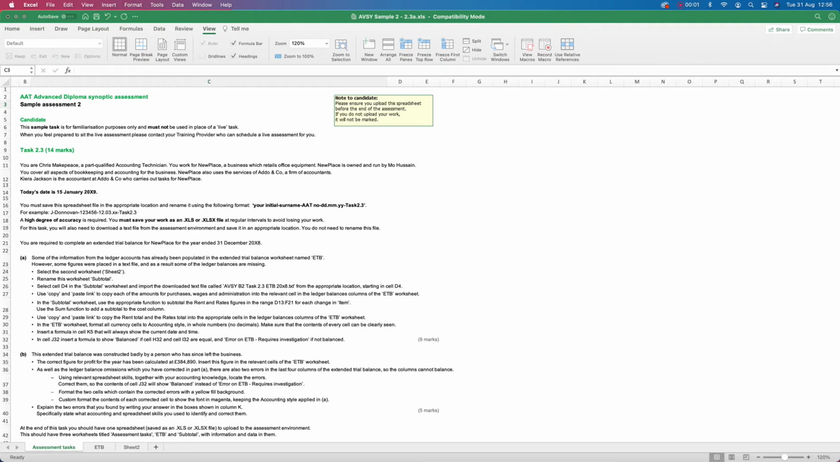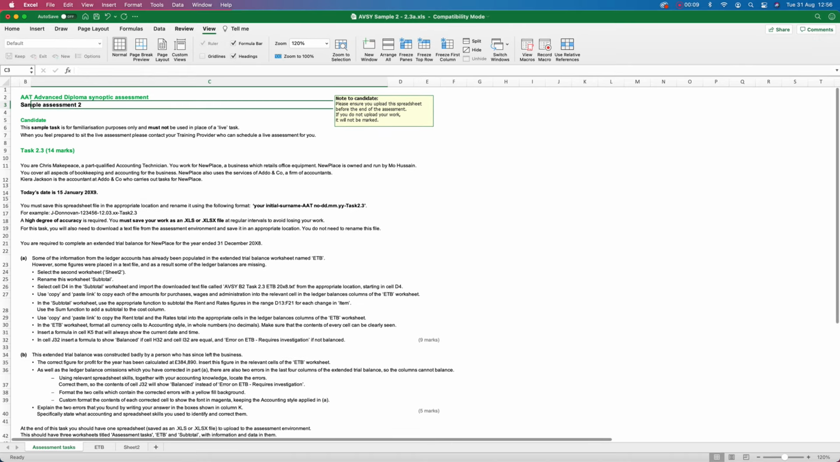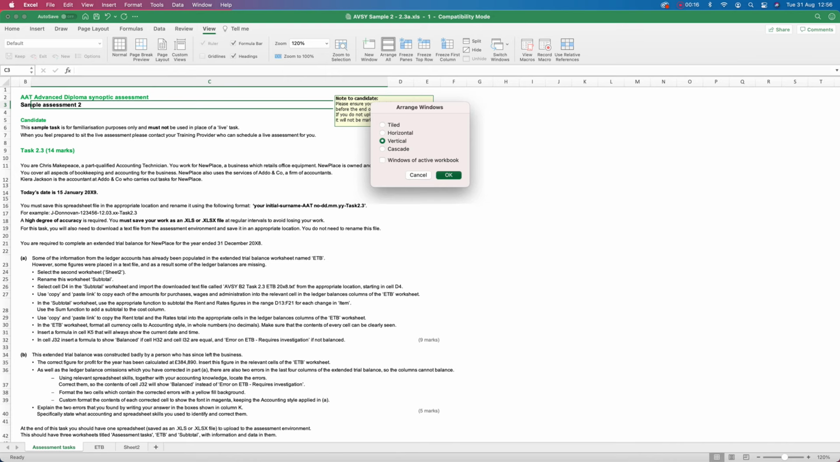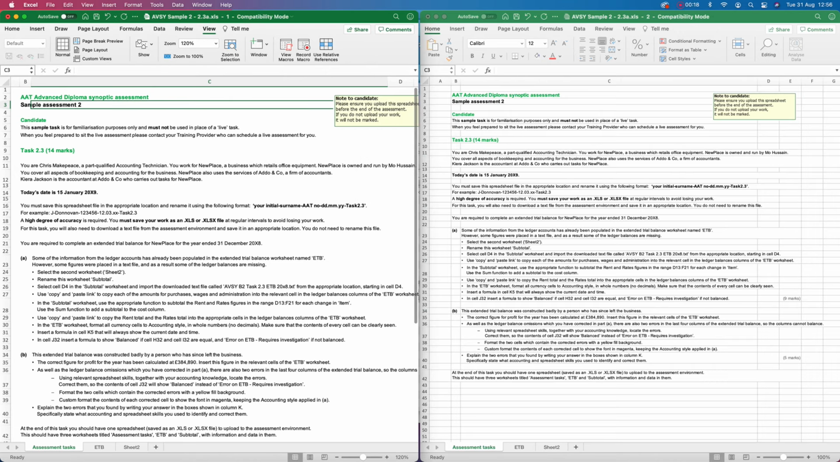This is a recording for AAT Advanced Diploma Synoptic Sample Assessment 2, Task 2.3a. First thing I'm going to do is go to View, New Window, Arrange All, and Vertical. That way I've got my exercises on the left and I can do my tasks on